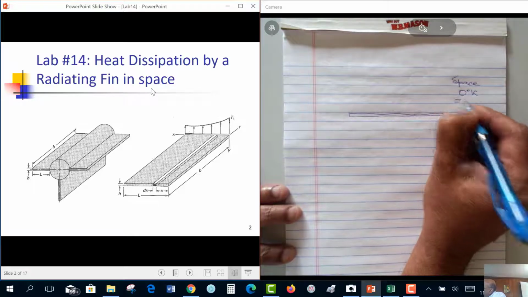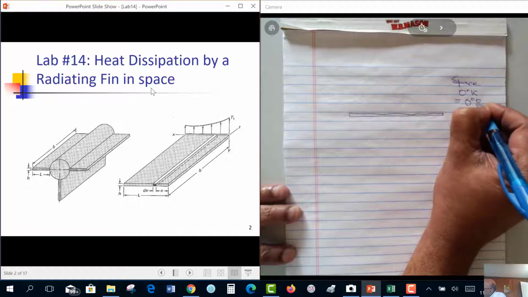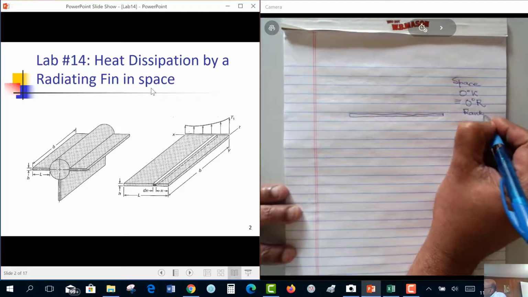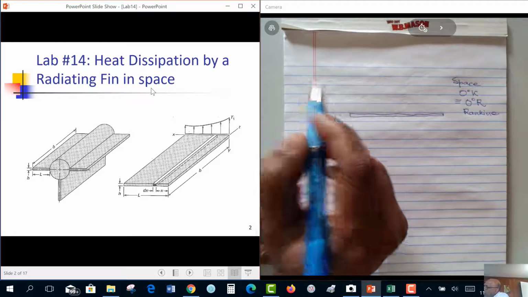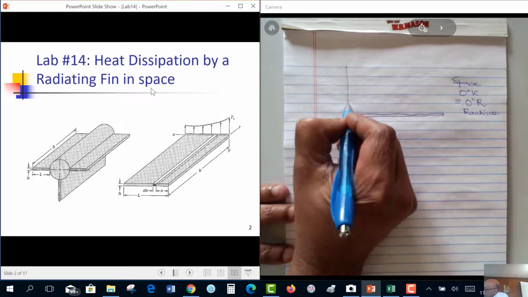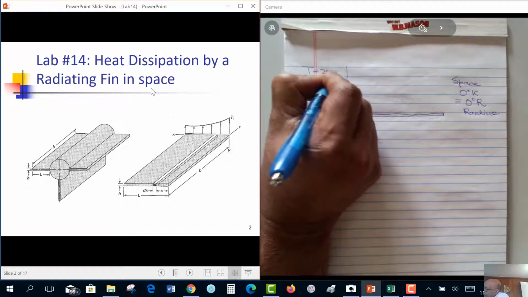Now, in Fahrenheit scale, our absolute scale is called 0 degrees Rankine. So, if this fin is attached to a hot body, and let's say that hot body is at a temperature of 2000 degrees Rankine,